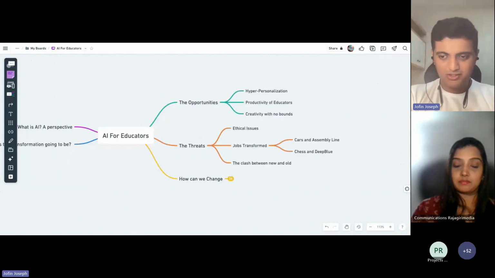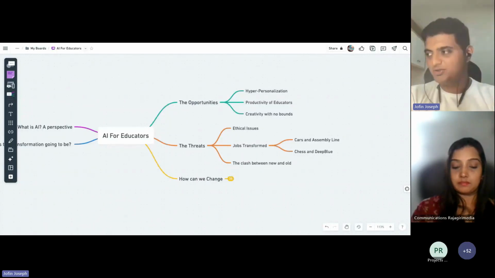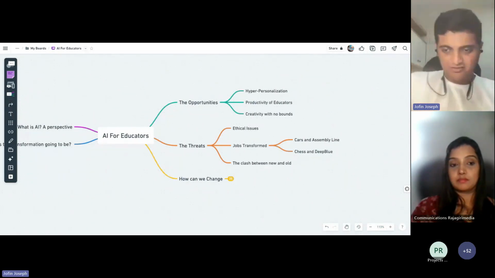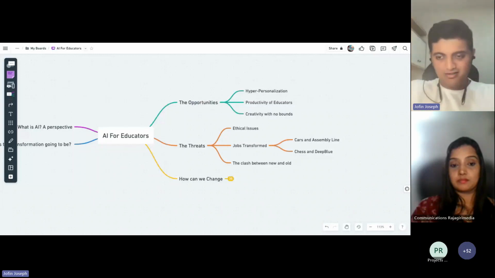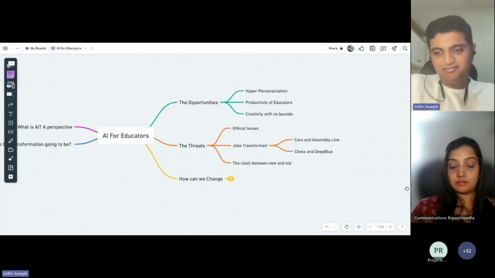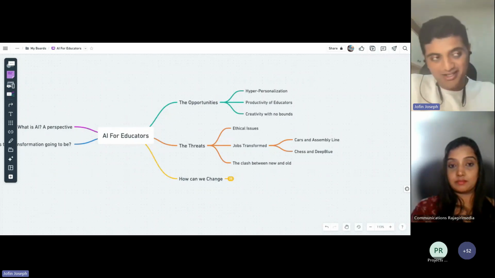Everyone talks about jobs lost. I like to talk about jobs transformed, right? As educators, for example, you might have come across these notions that people might lose jobs. If AI can cheat, if AI can teach, where would teachers go? A lot of these conversations are there.